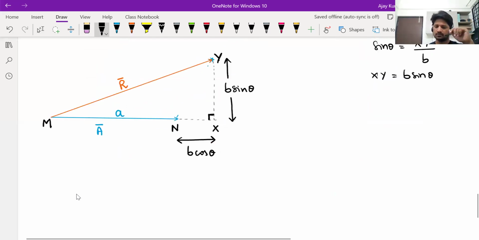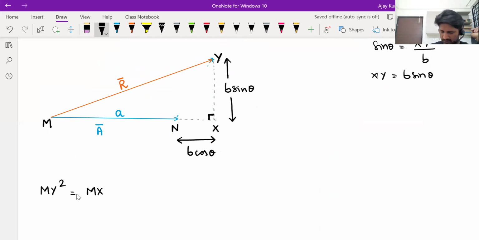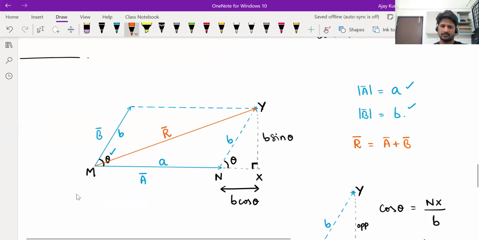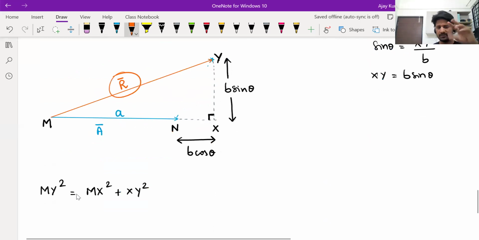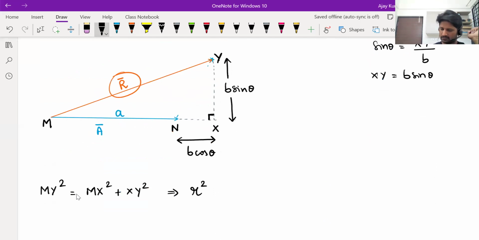Right. So Pythagoras theorem: the hypotenuse squared is equal to the sum of squares of the other two sides, MX square plus XY square, you can write. Now our aim in all this is to derive the length of the hypotenuse, because that hypotenuse was nothing but the resultant. So what we want is MY. So we can write this as R square, square of the resultant, is equal to